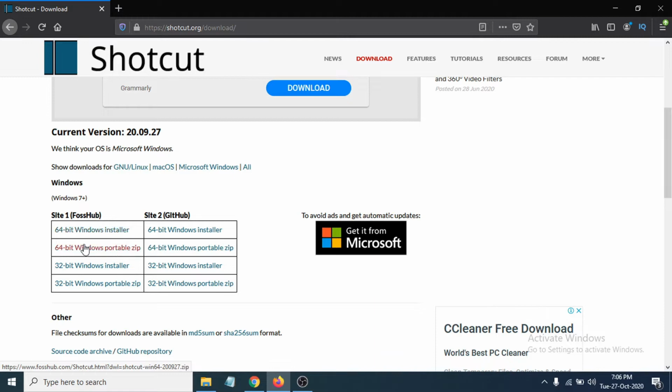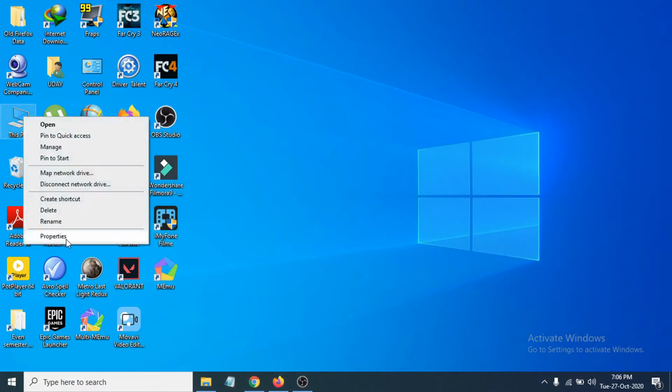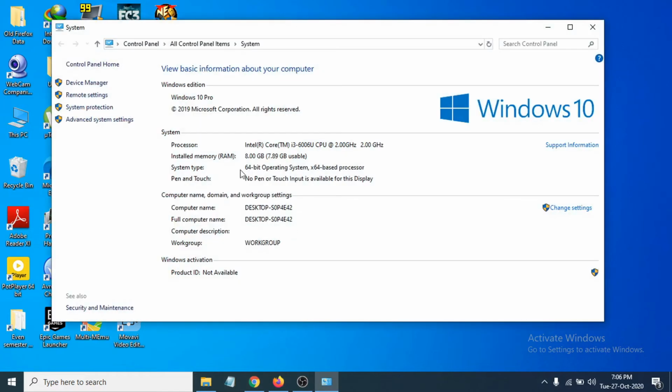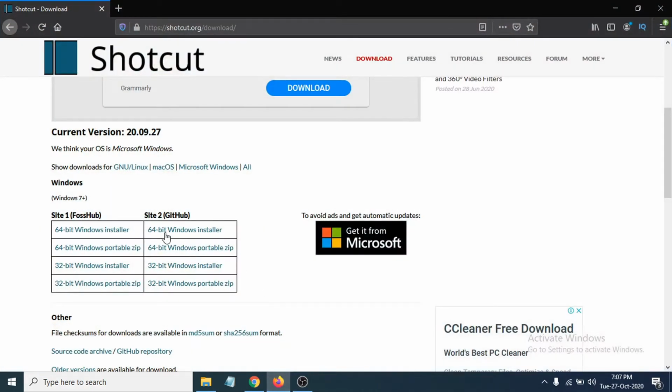And if you don't know which operating system you use, 64-bit or 32-bit, just go to This PC here, right click on it, click on properties, and this will show you the system type here, which in mine is 64-bit. So in your case, if you have 32-bit, you have to download the 32-bit, or otherwise the 64-bit. I'm going to download the 64-bit because my system is 64-bit. So I'm going to choose the 64-bit Windows installer here. So just click on it,